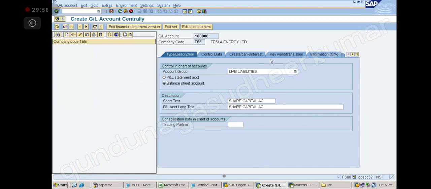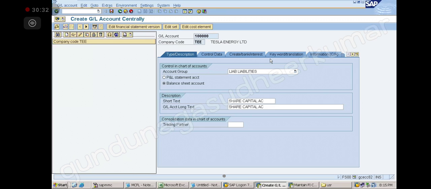Please note down. Sir, what do we need to note down? Have a pen and paper and write down whatever I am saying. Type description tab: account group liabilities, balance sheet we have to select, short text share capital, GL account share capital.